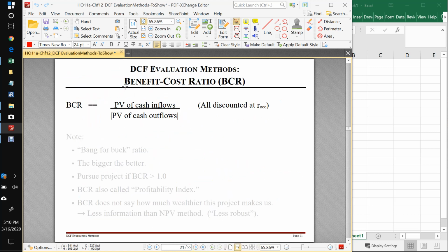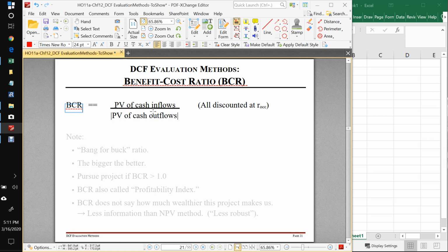Okay, so our second method is our benefit cost ratio method. This is very similar to the NPV method, but now we're going to make a ratio out of some of the numbers. So the benefit cost ratio method is universally abbreviated as BCR, and we need to know what a BCR is. BCR stands for benefit cost ratio, as I said, and it's defined to be the present value of